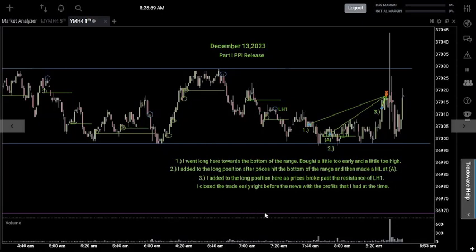All right, so the first thing we need to talk about is yesterday's closing price, and that's represented by this purple line down here towards the bottom of the chart at 36,969. So let's go ahead and talk about trades 1 through 3 that led up to the PPI release this morning. So at trade 1, I went long here towards the bottom of a range that we were trading in